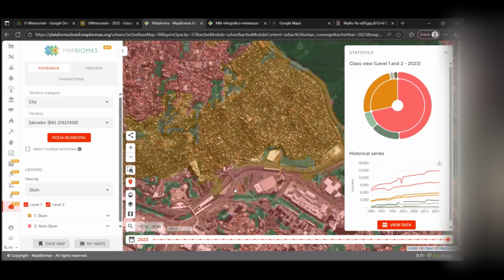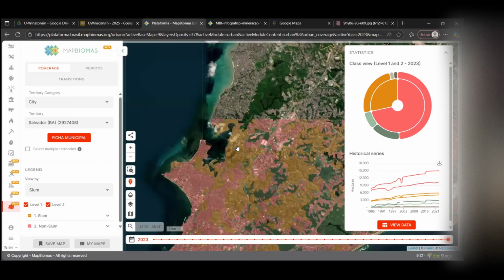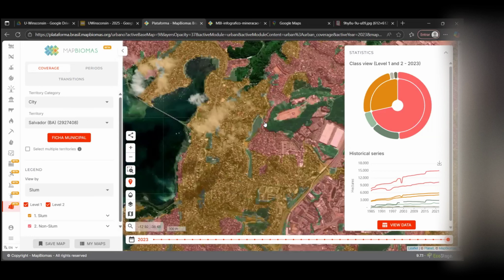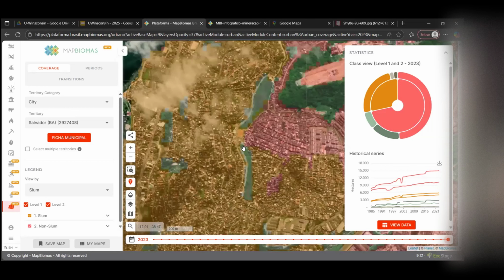And I will visit with you a very specific area that I was working on for the last 2 years, every week visiting the area, that is Alto do Cabrito slums. Because what I often do with my students is to explore the combination of scales. Okay, there's a limitation here in the urban data platform from MapBiomas, and it's shocking for some students in the US when I start to talk about slums and show the pictures and why it's important to discuss it, because it's very different from US cities, how they are made, how they are built, and so on. But okay, it's looking from a satellite perspective.